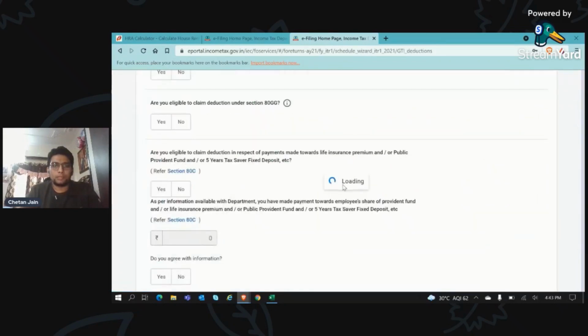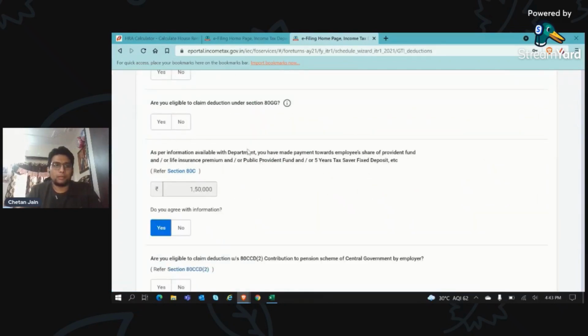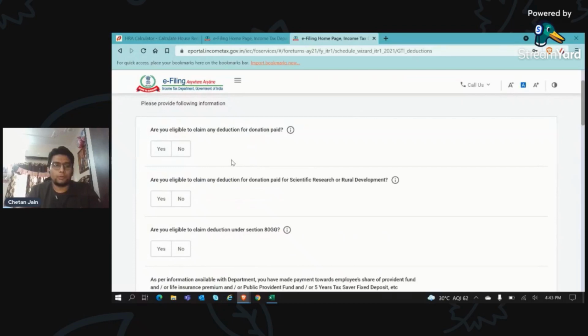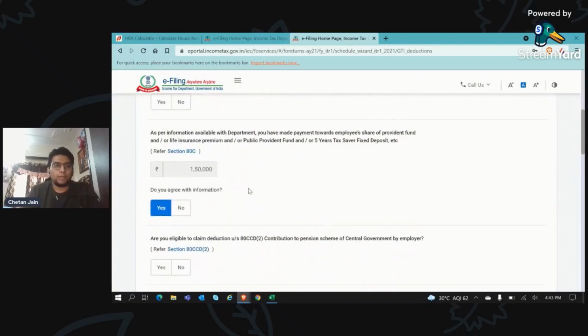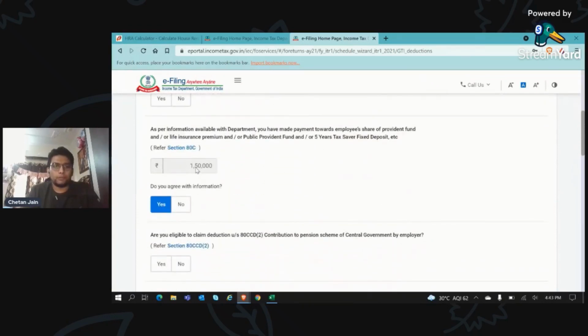In total deduction, you will definitely be having provident fund, voluntary provident fund, PPF. That complete amount will become 1,50,000, or your total deduction on your savings is 1,50,000. You can declare it here, or it is predefined as per your Form 16.